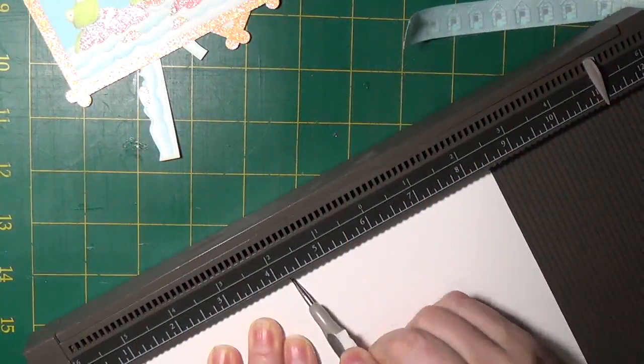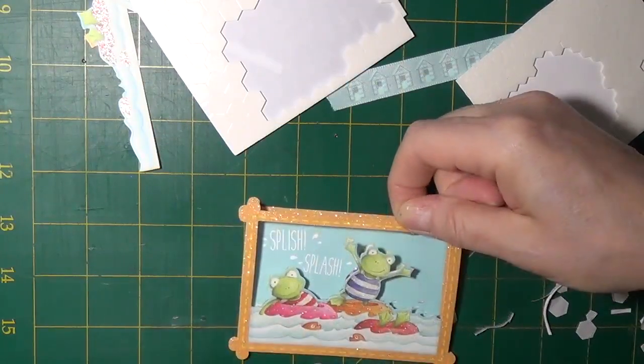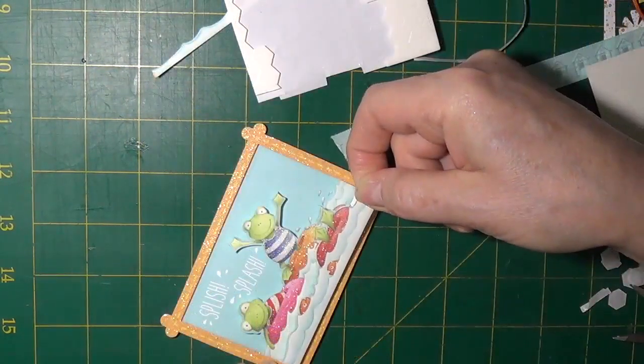And now we're on to card number 8. I assembled the pieces from the Splish Splash decoupage sheet and then cut a card base from 8.5 by 5.5 and scored at 4.25 for a top fold landscape card. The decoupage was assembled just as all the other cards were,